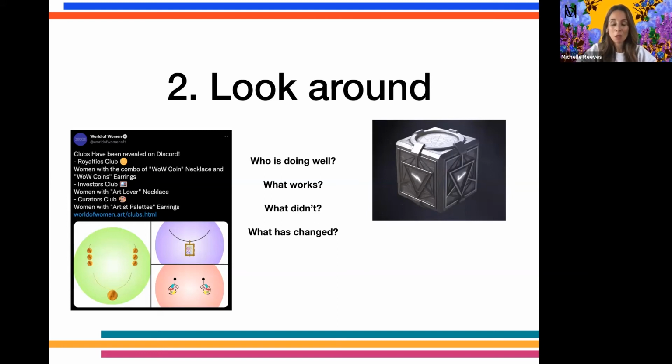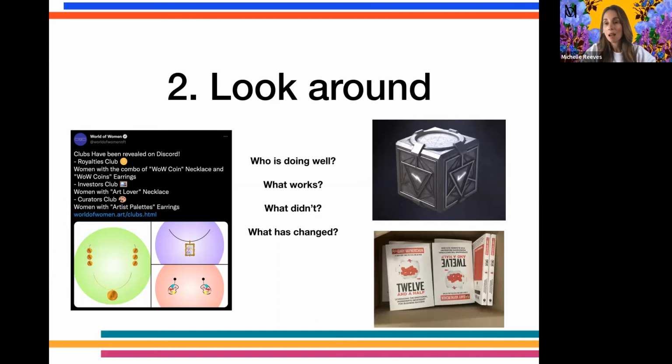And another example, oh, there we go, books. Why on earth do I have a picture of books when I'm talking about NFTs? Well, this is one of the best use cases I've seen that bridges real world products with Web3. Gary Vaynerchuk has authored a number of books, and this was his latest one last year. It was called 12 and a half.